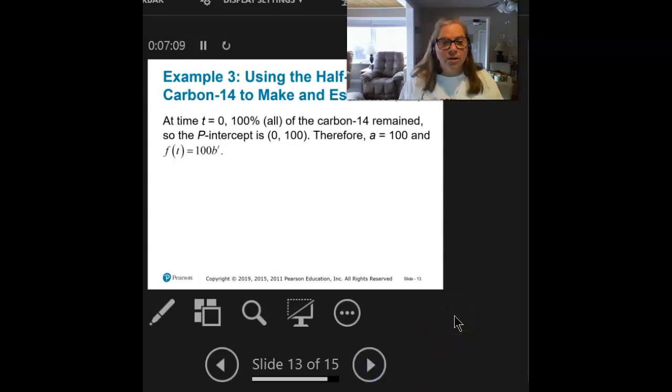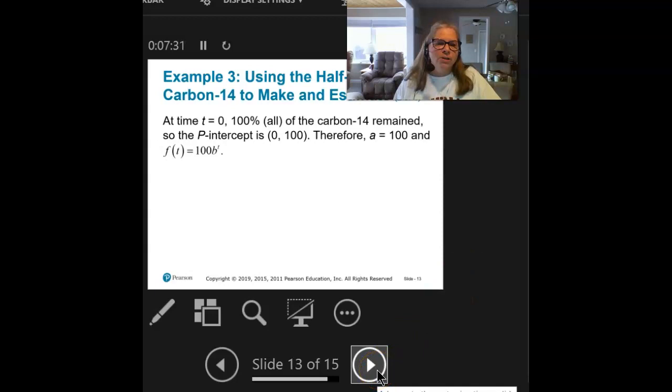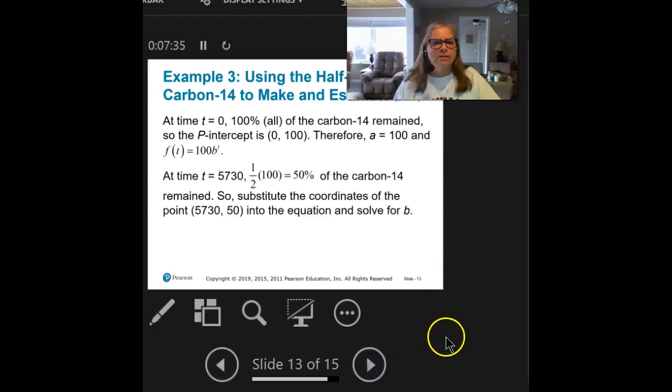So when it started, when that fire happened, when that volcanic eruption happened, there was 100% of that carbon in that tree. And what remains is 39.4. So we are going to say that at the beginning of time, when T was 0, there was 100%. So we have that point where we know the beginning amount, A, is 100. And we can start the equation as a function of T is equal to 100 B raised to the T. When time was equal to